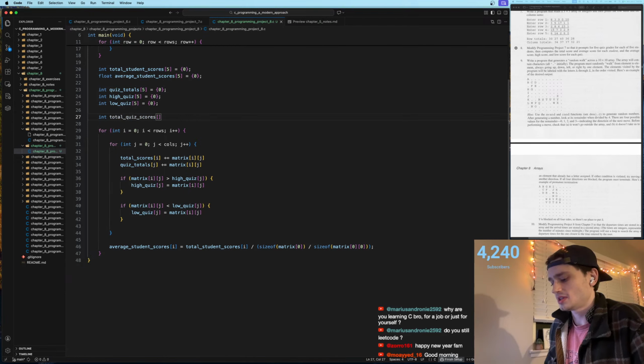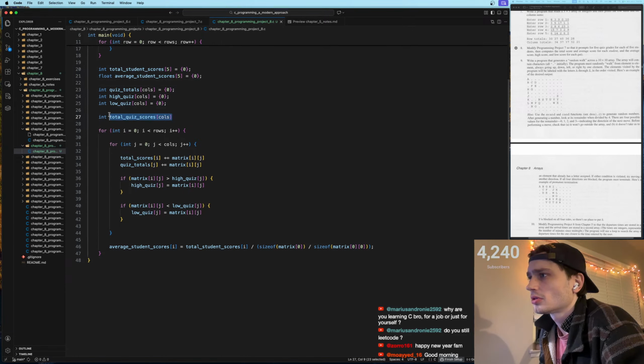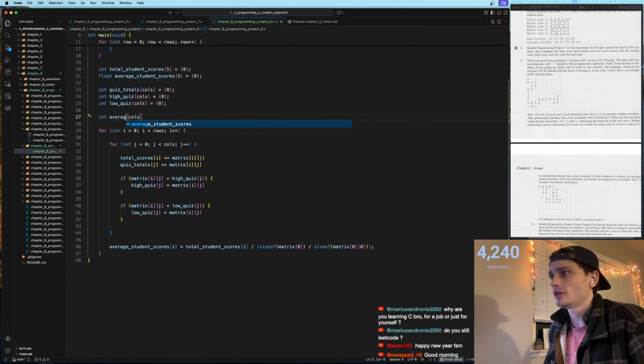I guess this is going to be size of the columns. This is going to be size of columns. Oh, I'm already doing quiz totals here. Yeah, okay, good. So this will be int average